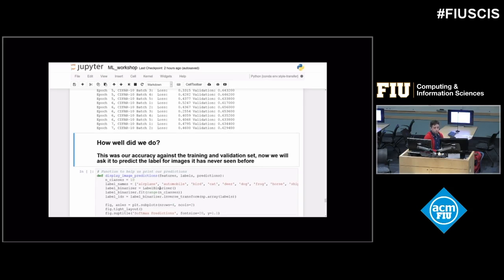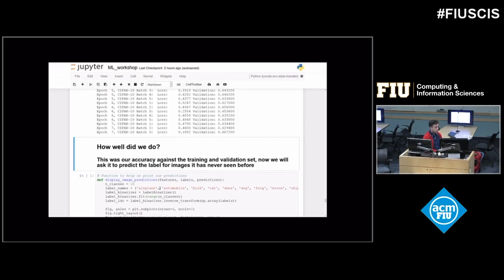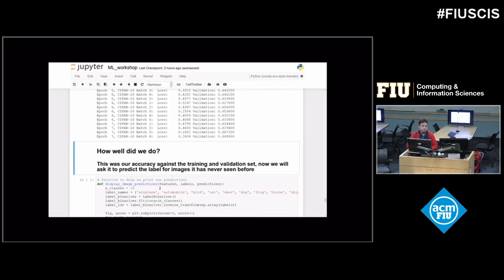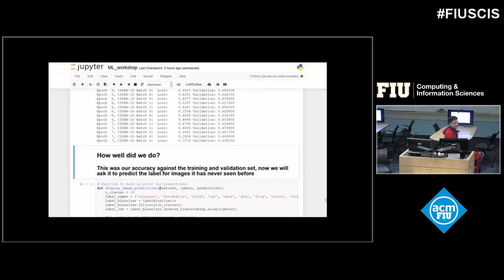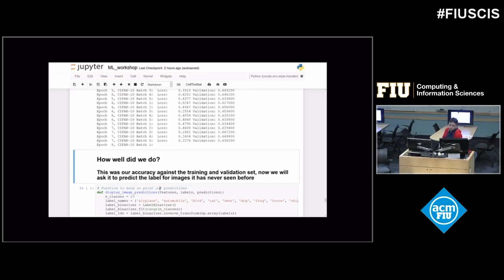So did anyone else have any troubles? You okay? Is it running on your computer? What happened? Yeah, oh, it is already.